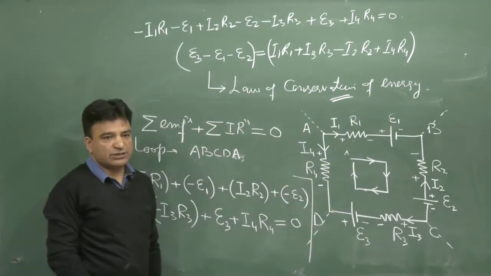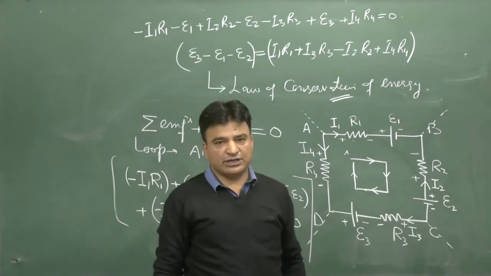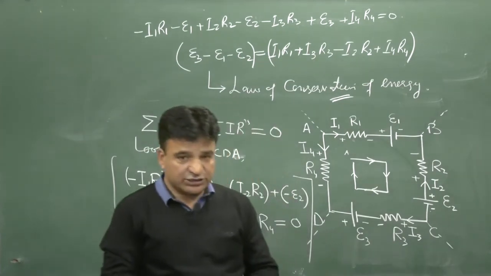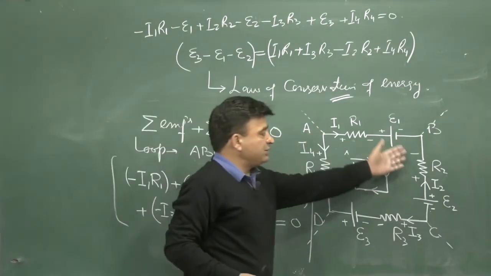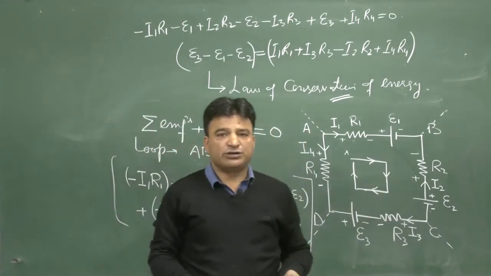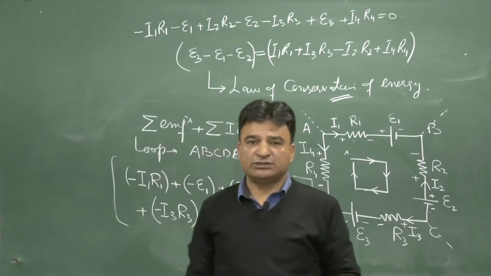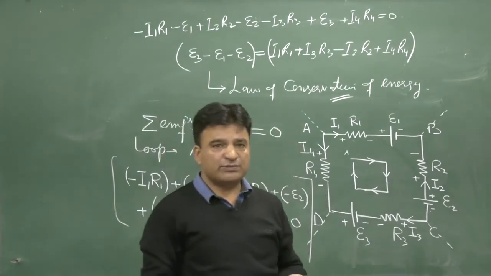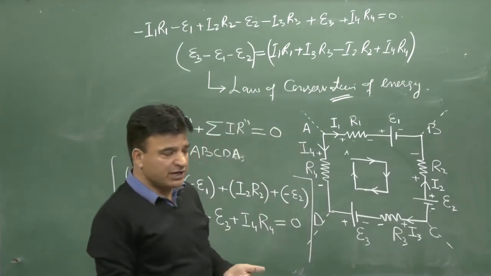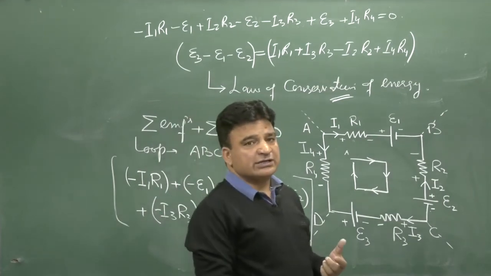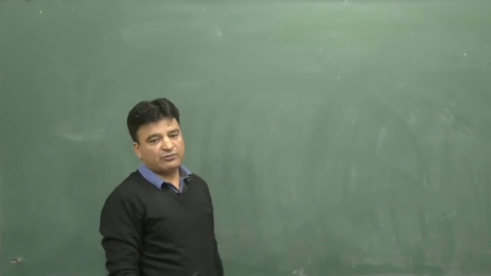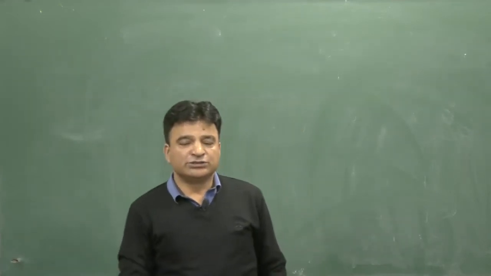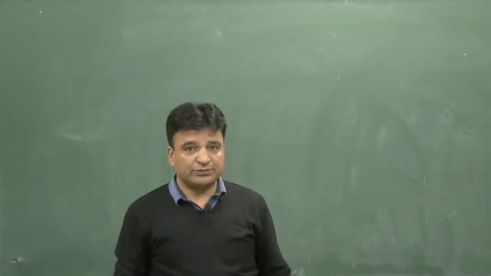So this is about Kirchhoff's voltage law. Now let us apply this Kirchhoff's voltage law, what we have seen here, and how to apply it. We will apply it to any circuit in order to get the branch currents, the voltage drops in any part of the electrical circuit, or the electrical equivalent resistance of the circuit. Now let's solve some numericals on the basis of Kirchhoff's laws.